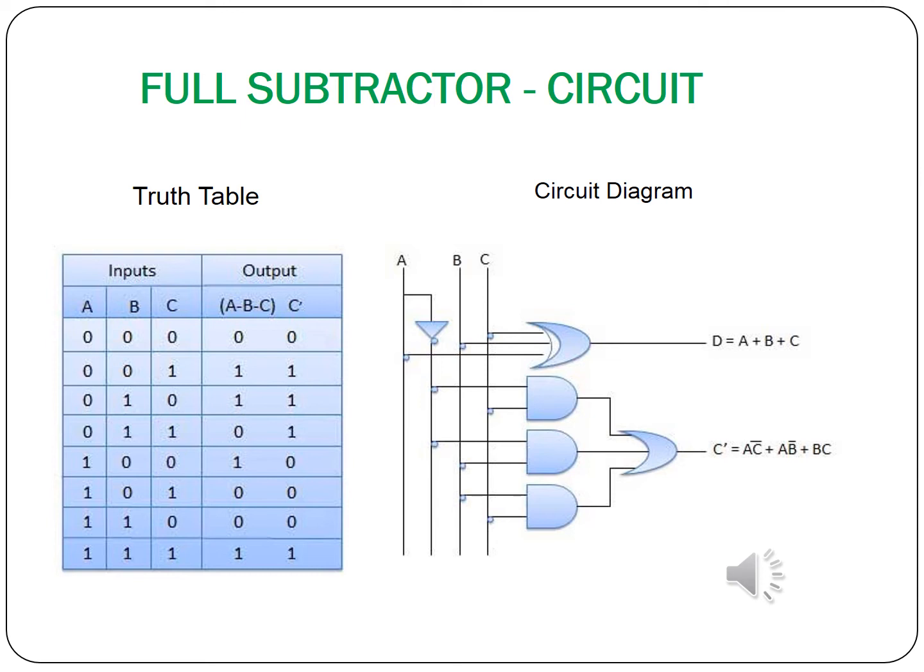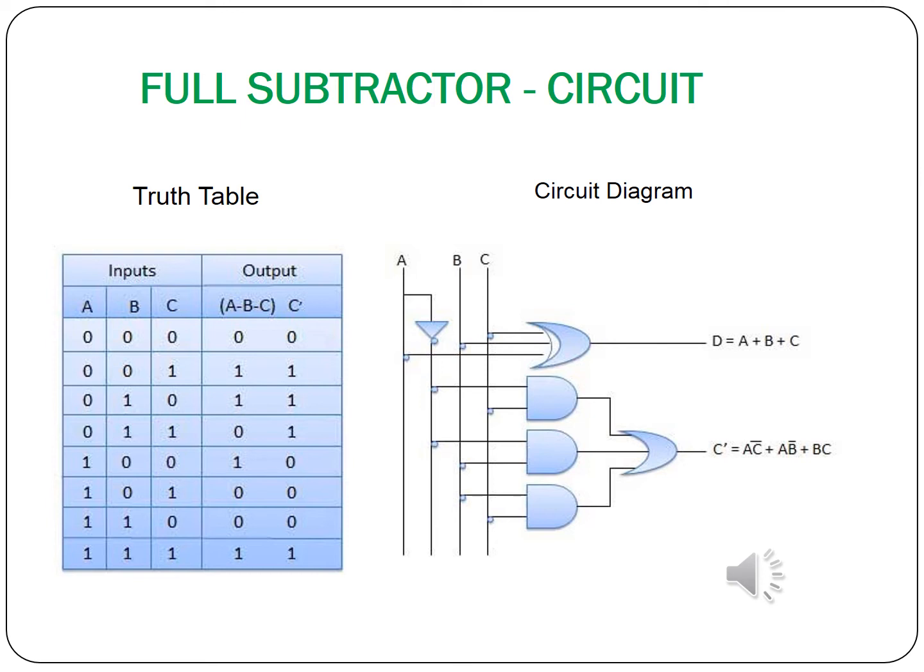When A equals 0, B equals 0 and C equals 0, all 3 inputs are 0 and given to the full subtractor circuit. The full subtractor produces the output 0 and 0. So the difference is 0 and the borrow is also 0. Here A minus B, 0 minus 0, is 0. The result 0 is subtracted with the other input C, 0. So 0 minus 0 equals 0. The difference is 0 and the borrow is also 0.